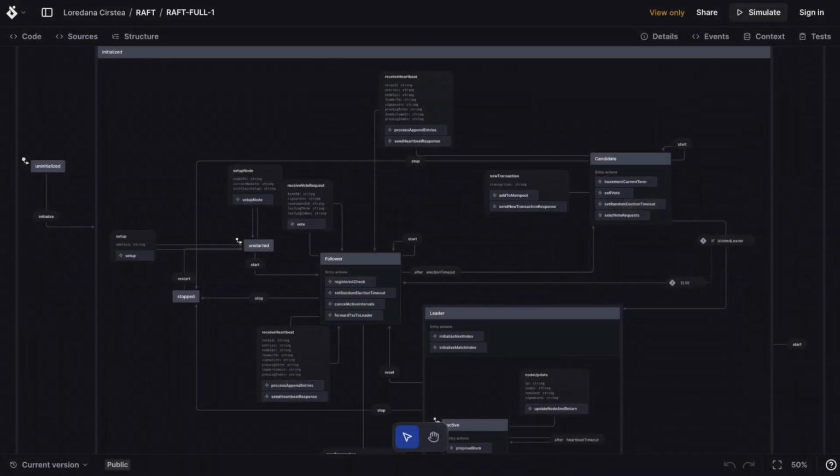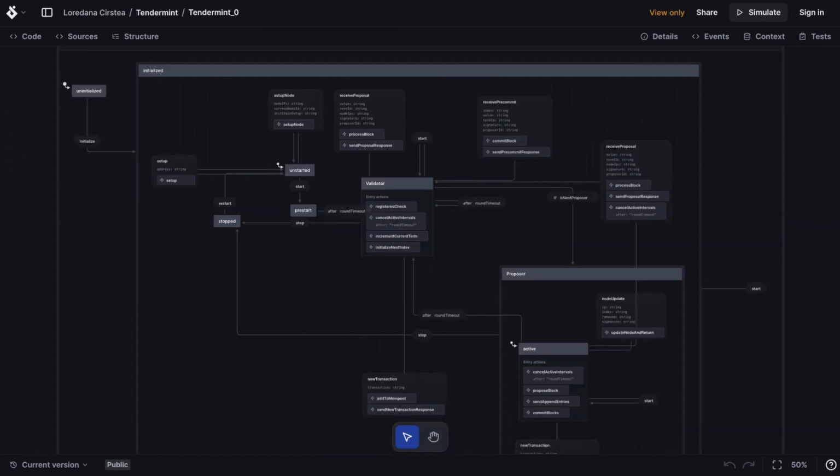Our consensus contracts are built as finite state machines, and this is the RAFT consensus that I explained in detail in a previous video. And this is the Tendermint consensus that I will explain in a future video. I showed you that we have built a finite state machine interpreter.